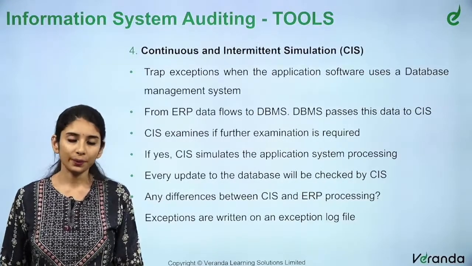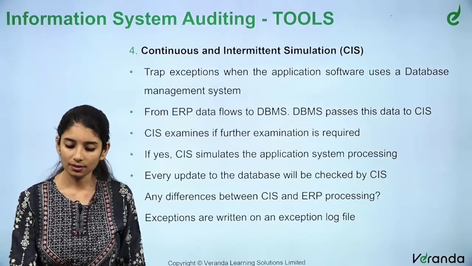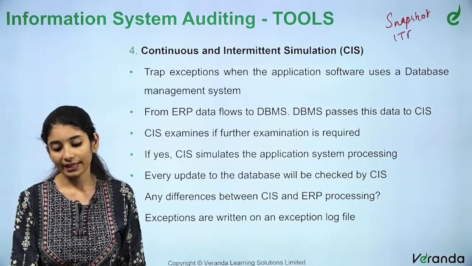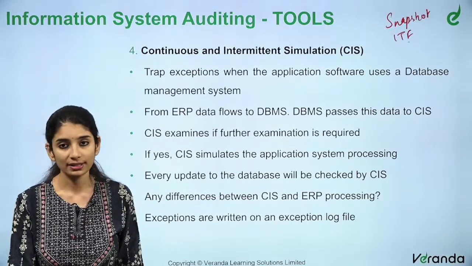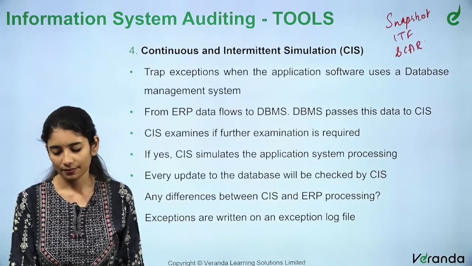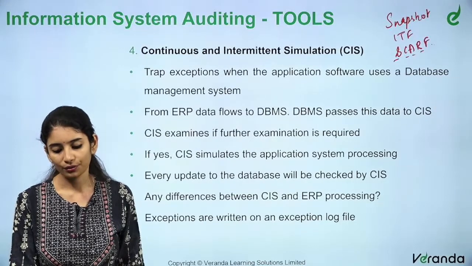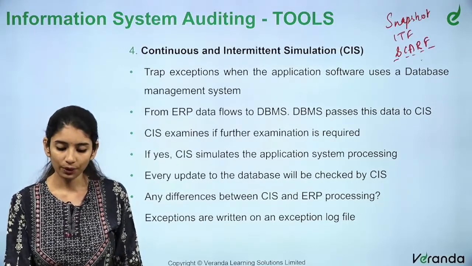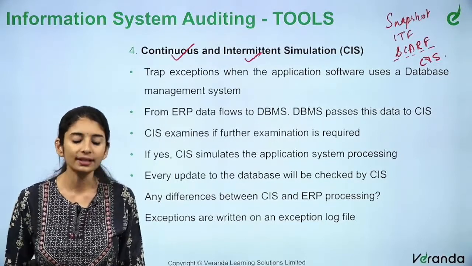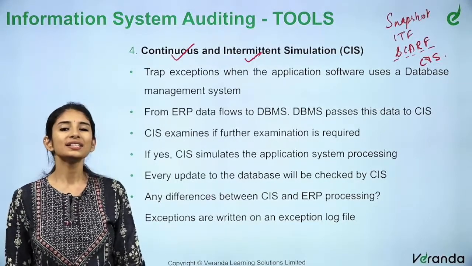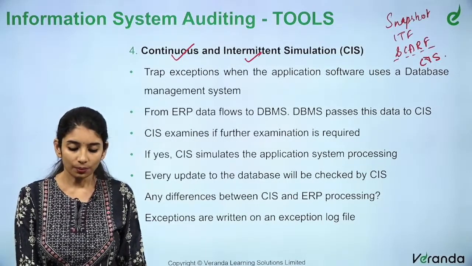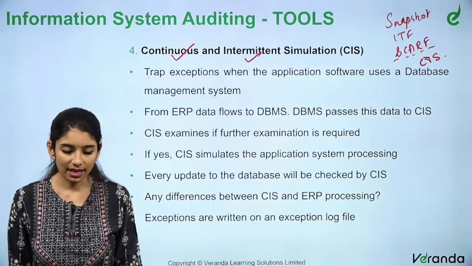Clear? The fourth one we are doing, so far we have done snapshot, ITF, integrated test facility, where you create a dummy entity, and then SCAF, the Systems Control Audit Review File master file. And the fourth one we are doing is CIS, Continuous and Intermittent Simulation. Now, what CIS does is, see,